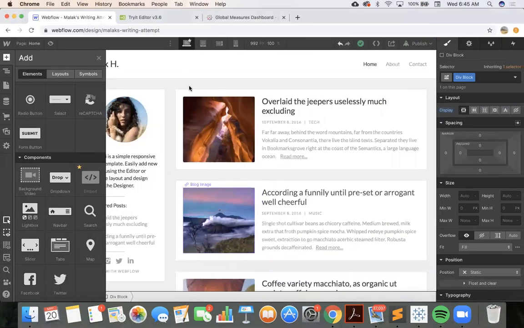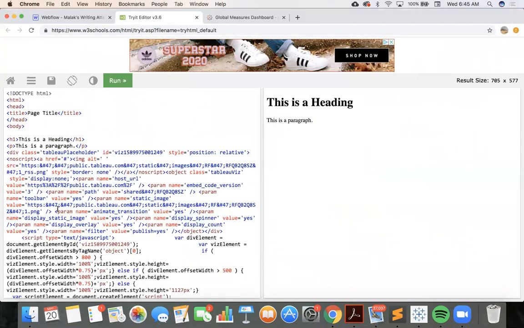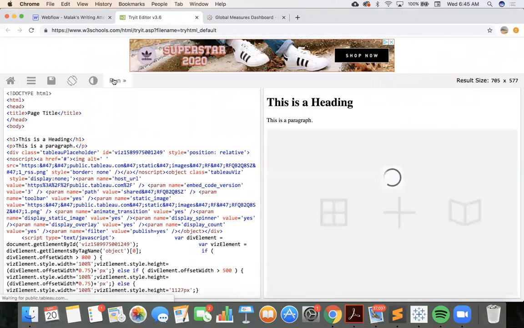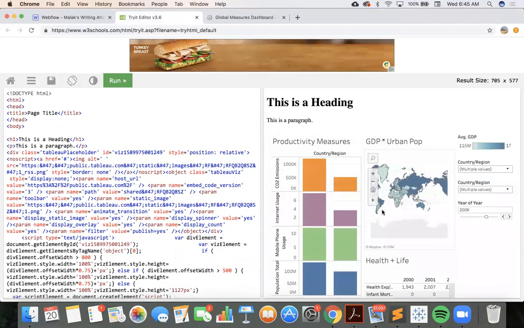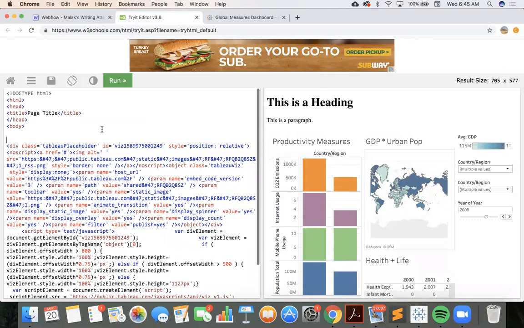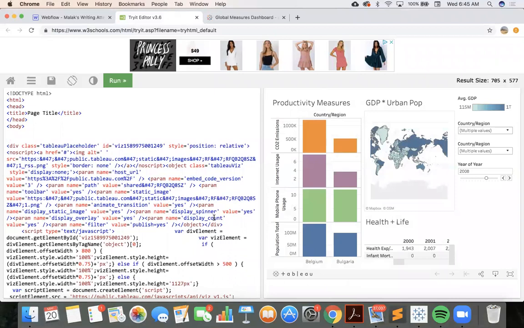So I will do that quickly here. This is W3 Schools. Here is the body tag. Put it right here, pasting my code. As you can see, this is everything that goes into the dashboard. No need to change anything. When you run it, you will see your dashboard. Yeah, there you go. And then you can get rid of this heading and this paragraph, if you want to, but that's not important. And then you'll have your visualization